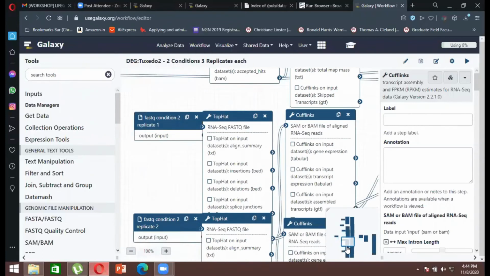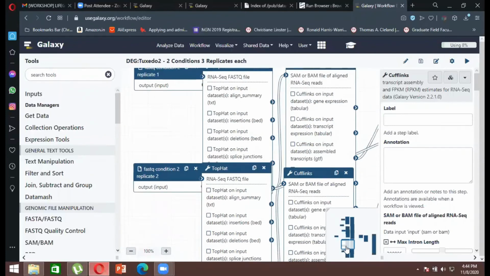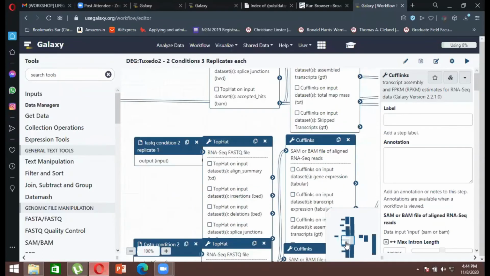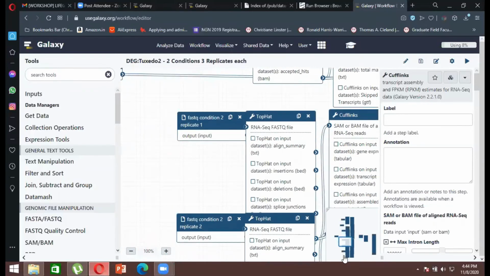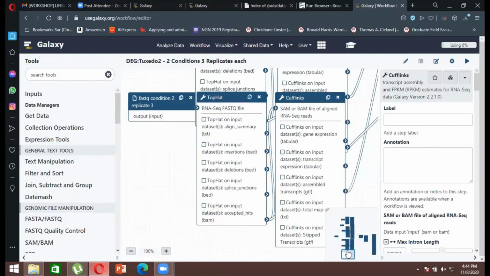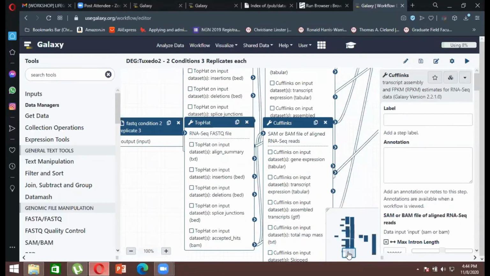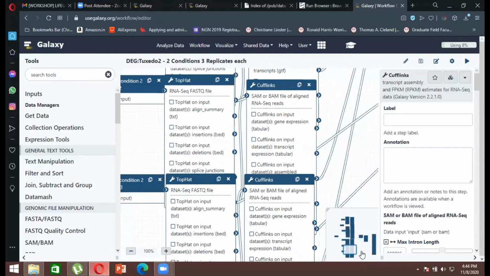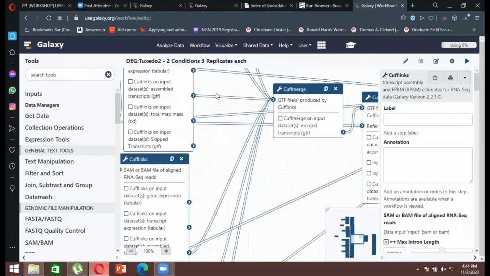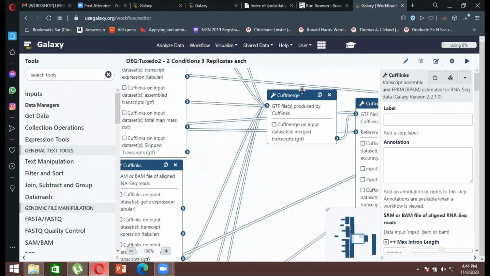What this shows is that when we imported the file, whatever data sets were there, it has already categorized all that data based upon different nodes and internodes. These are the data sets. Once all of these things are done, you find all these nodes are getting converged into this one file, and this particular node is known as Cuffmerge. That means it is merging all the data.